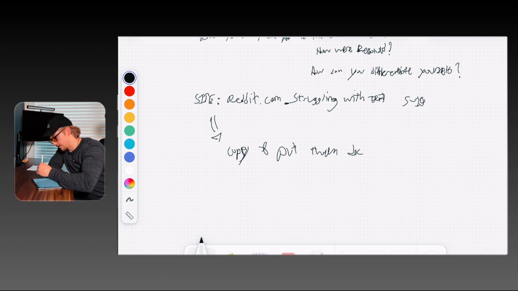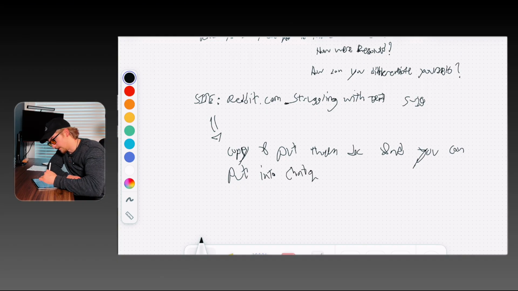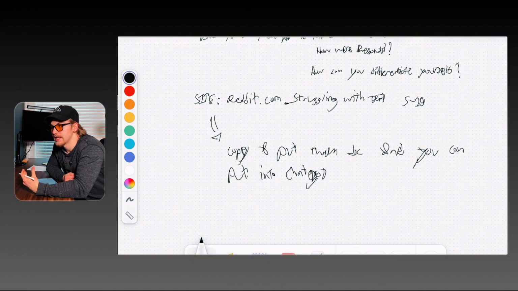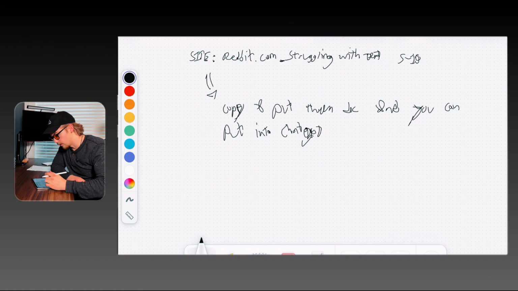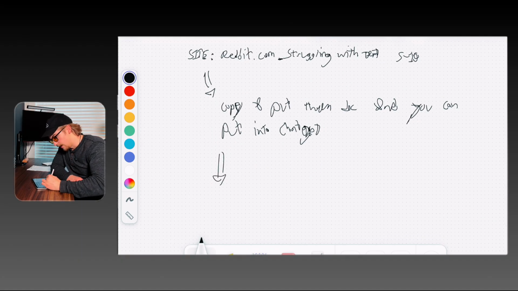Now, you put them together in a doc, and then you can put that into ChatGPT or an AI software. This will allow you to understand what people actually like through all the 20 or 30 pages, or however long the market research is. You can use AI to help you determine what the pain points are that people are discussing, the ones coming up the most. And you can go like this: out of all this